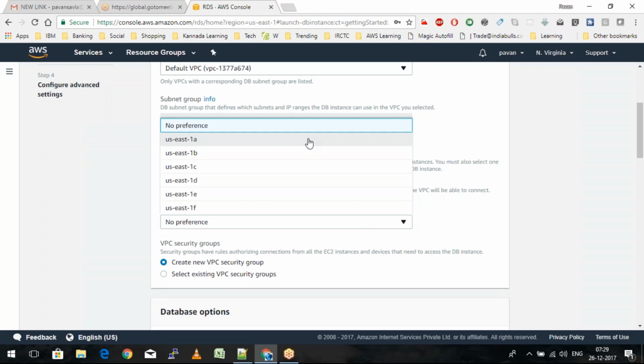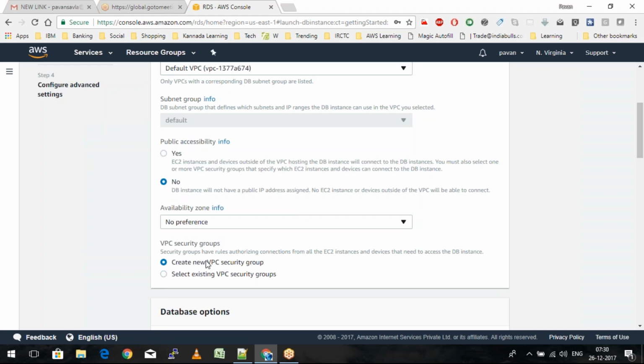In this North Virginia region, I have got 6 availability zones, and it is asking me in case I have a preference to launch this in a specific availability zone. For now we do not have any as such, so let it be any of the availability zones. And then it is asking me whether we would like to create a security group or not. So yes, we would like to create a new security group,